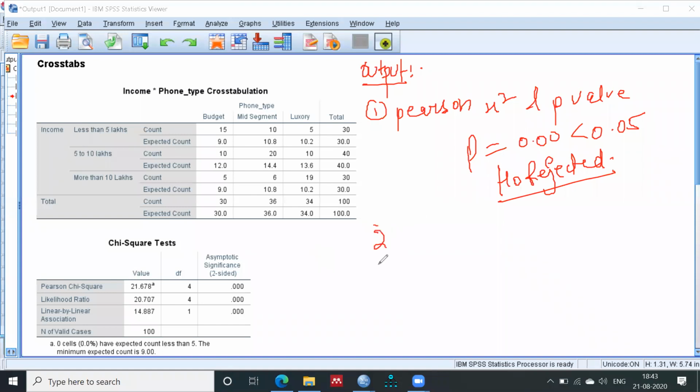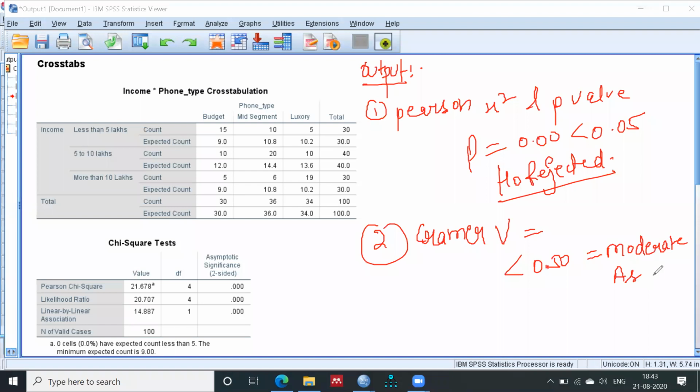The second thing you need to check is the value of Cramer's V. If the value of Cramer's V is less than 0.5, 0.5, not 0.05, then I can say that there is moderate association.